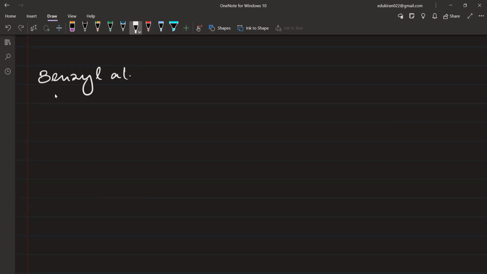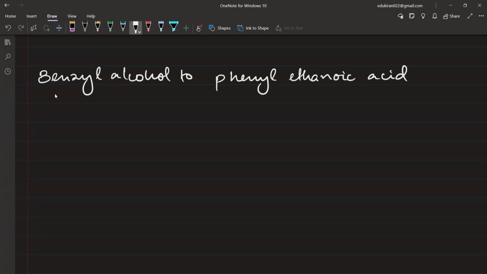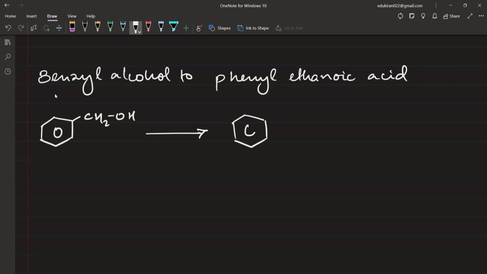Benzyl alcohol to phenyl ethanoic acid. पहले लिख लीजिए, ऑलवेज ड्रॉ दी स्ट्रक्चर्स फर्स्ट, ठीक है, तभी आप लोग को समझ में आएगा कि क्या चेंजेस हो रहे हैं. सो फिनाइल एथेनोइक एसिड, एथेनोइक एसिड मतलब